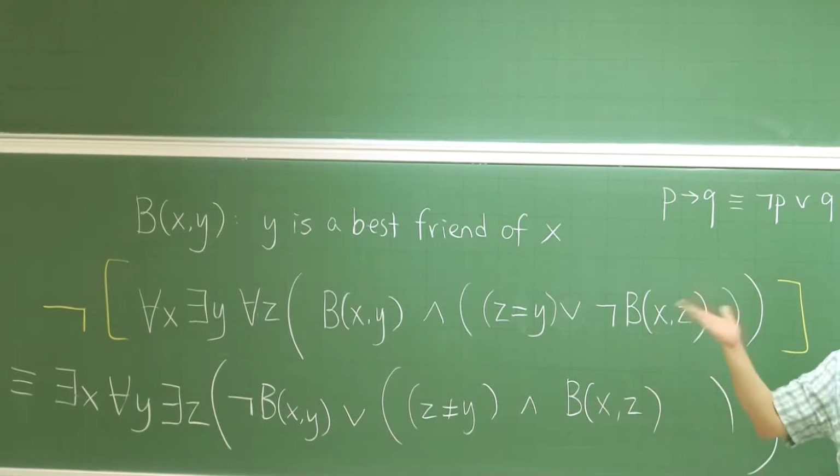Yeah, De Morgan's law, it's great. De Morgan's law is super useful, especially in circuit design or logic. You can easily convert something from positive into negative or negative into positive. So this is the end of